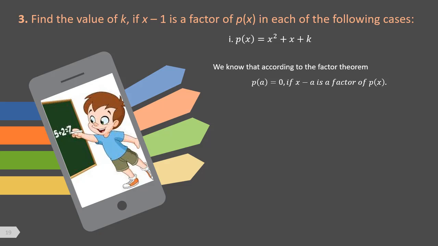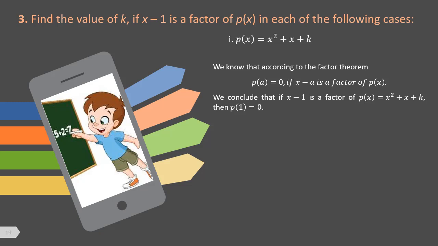तो अगर आपको x माइनस a फैक्टर गिवन है तो हम x माइनस a को पहले जीरो इक्वेट करके x का वैल्यू डिटरमाइन करेंगे और उस कंप्लीट वैल्यू पे जब आप p of x को पुट करोगे और जीरो के इक्वल लेके चलोगे तो हमें वहाँ से कांस्टेंट का वैल्यू फाइंड आउट हो जाएगा. Therefore we conclude that if x minus 1 is a factor of p of x then p of 1 equal